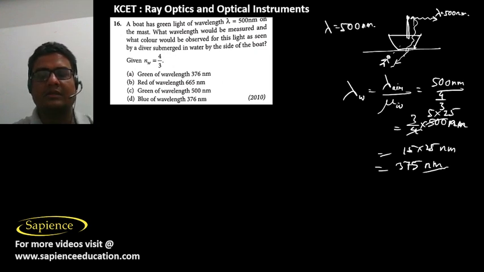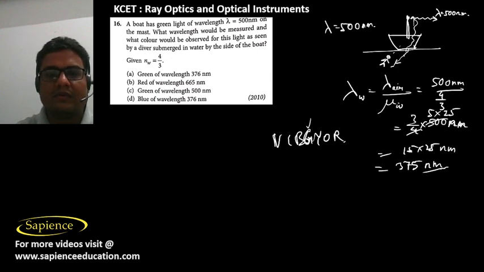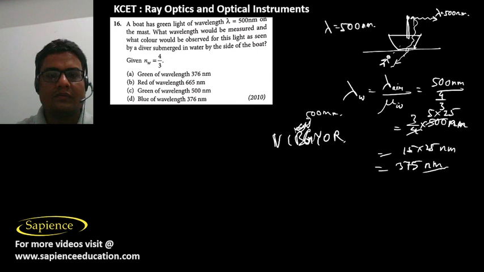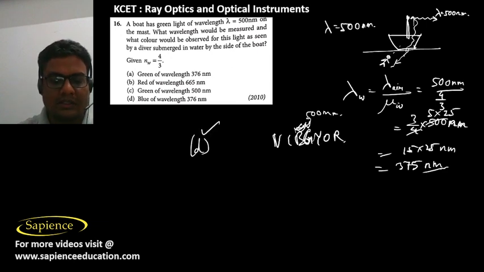376 nanometer. Green light has a wavelength of 500 nanometer, and this wavelength is lesser, so it will be bluish. So it will be blue color of wavelength 376 nanometer. Option D is the correct answer. Okay, green color. Okay, so